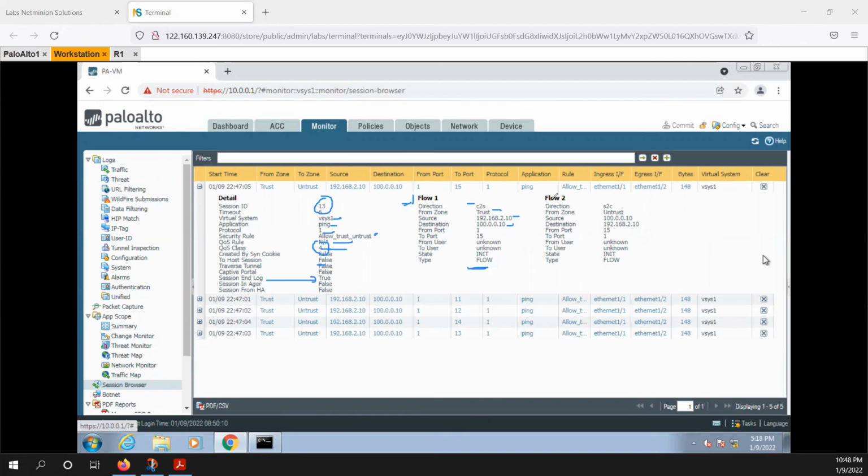And then you can see the return traffic from here, destination to source. So basically this is a reply. Since this firewall is a stateful firewall, you just need to create a unidirectional rule, not a bidirectional one. The reply would be already allowed. So this is what the logs are saying.